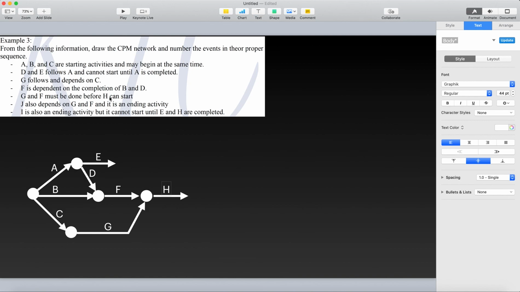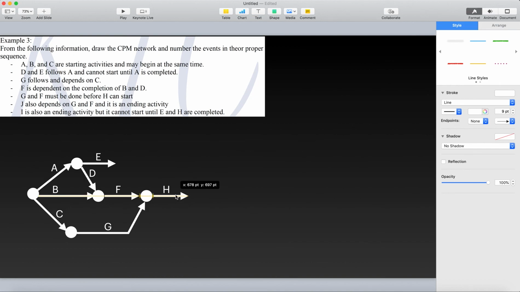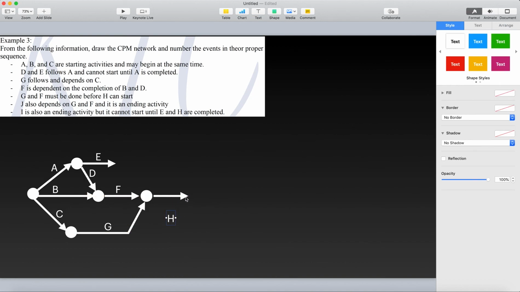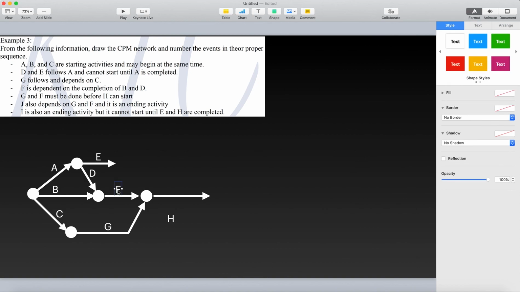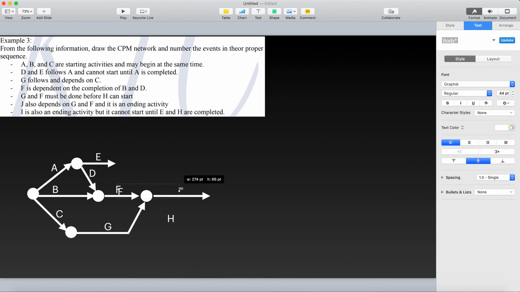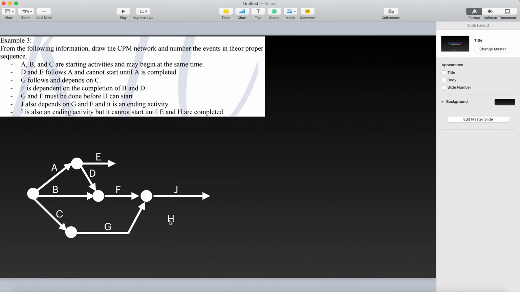Then J also depends on the completion of G and F. Okay, and it is an ending activity. So it is an ending activity. Wait, I think let's swap them. So here we place H. Here I will place activity J. It's still the same because it is dependent on G and F. Okay, so this is activity. What activity is this? This is activity J. Okay, so